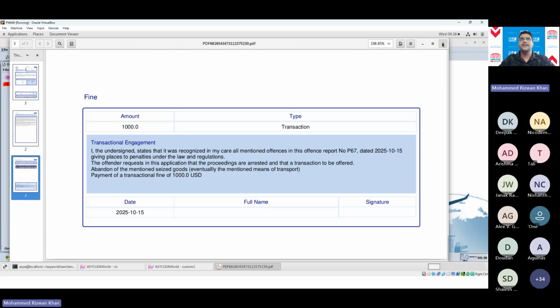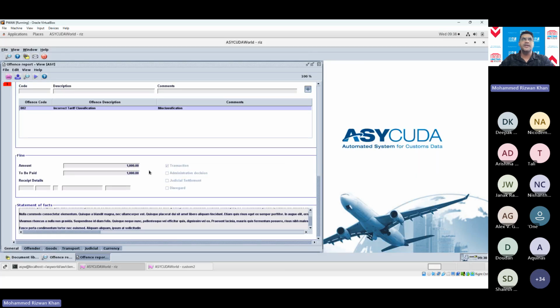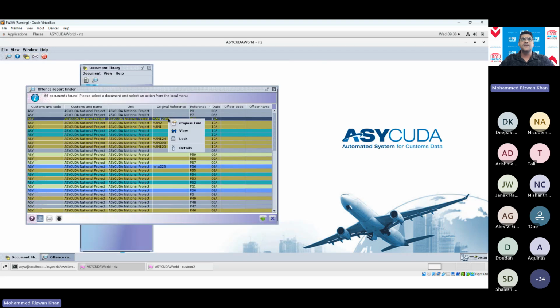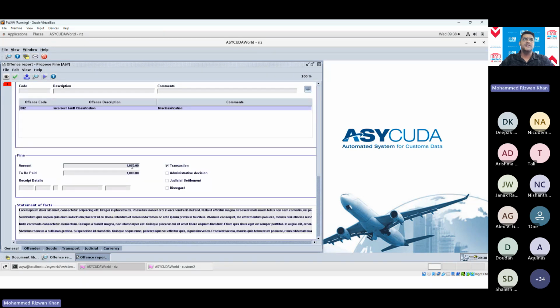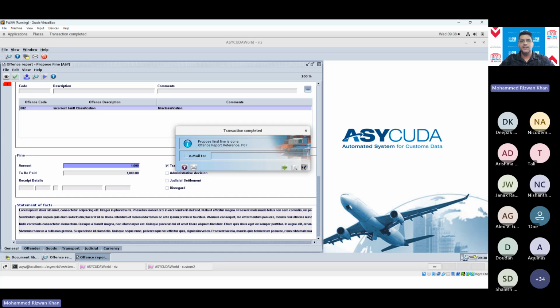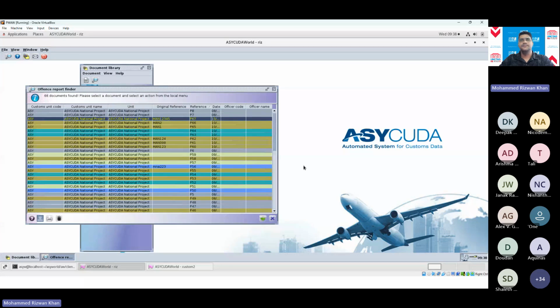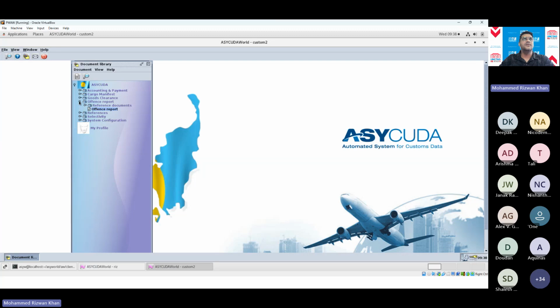Okay. So you can provide this to the offender for them to see, okay, this is what it is. And then once they agree, that yes, I'm okay with that, I'm willing to pay the fine, it depends on your process, then the officer can go propose fine. Once it is agreed that this is the fine, you can always change this, but if you agree, then you propose the final fine. After proposing the final fine, only then are you able to receive the payment. So P67. Let's go to the next user to receive the payment.